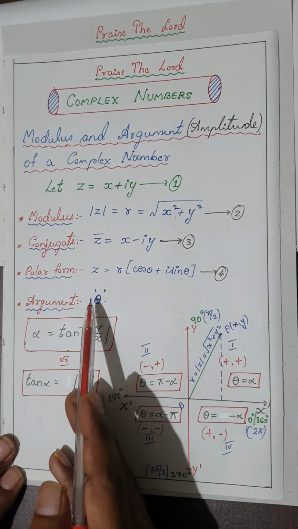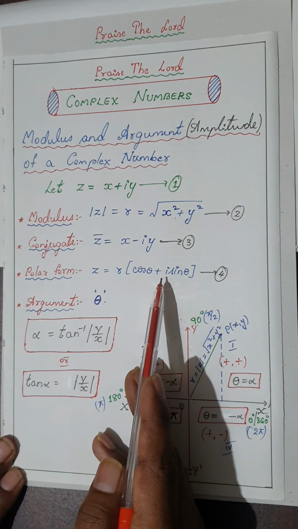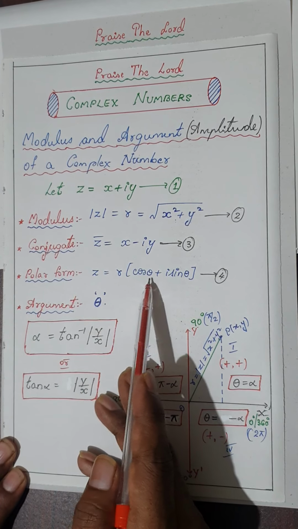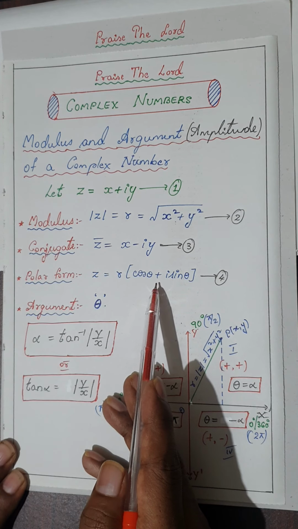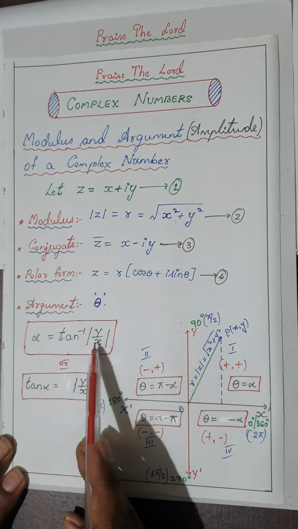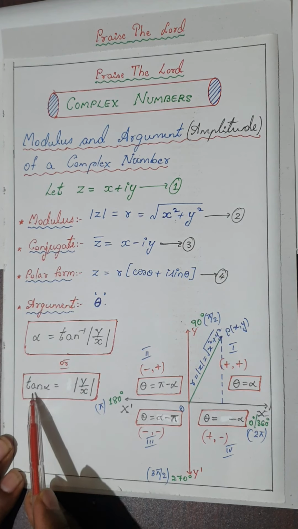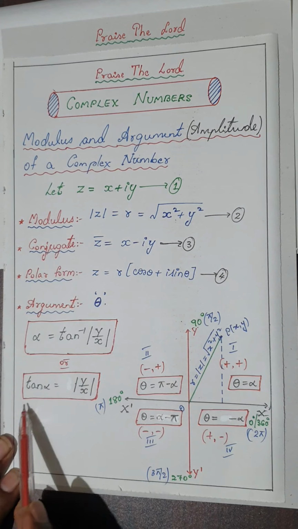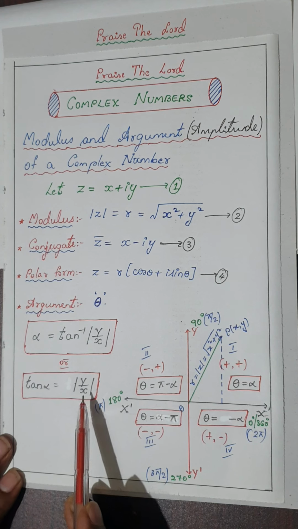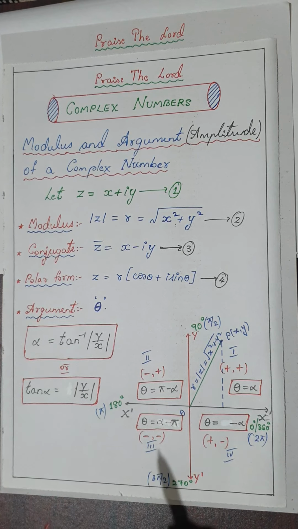Once you get the value of theta, you get z is equal to, this is the polar form, the most important one. There are 3 more questions related to polar form. So z is equal to r into cos theta plus i sin theta. Fine. You can find alpha by taking alpha is equal to tan inverse of modulus of y by x, which is the simplest way. You can also consider sin alpha or cos alpha, but better we consider tan alpha. Tan alpha is equal to modulus of y by x. Okay, these are the few basic terms required for me to solve the given problems.